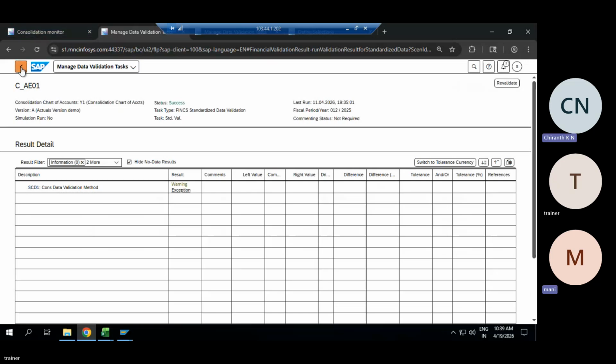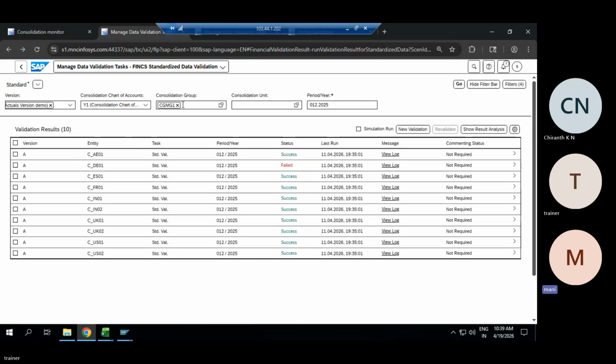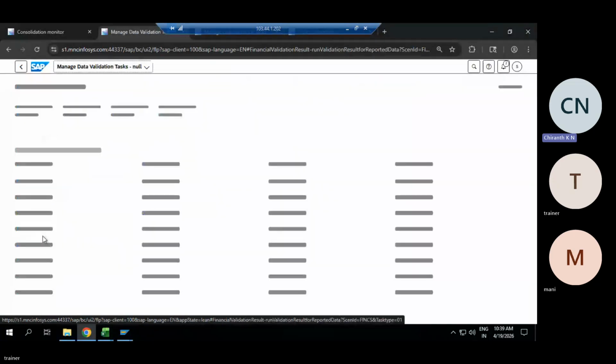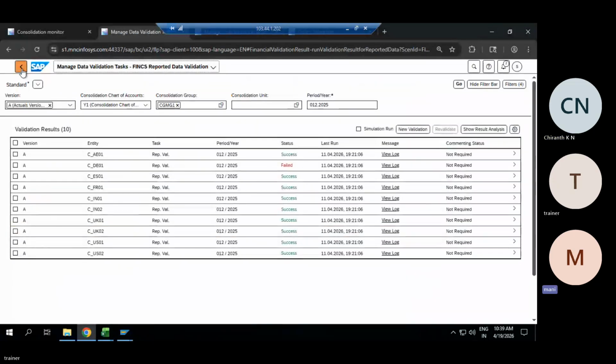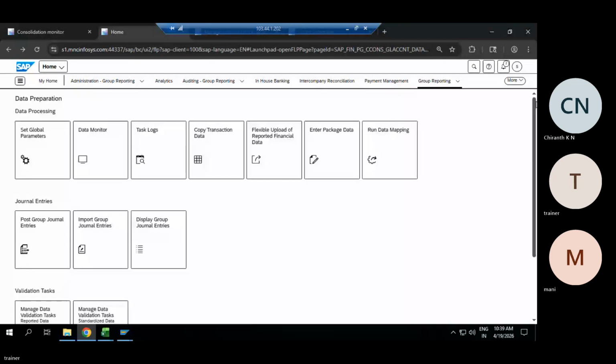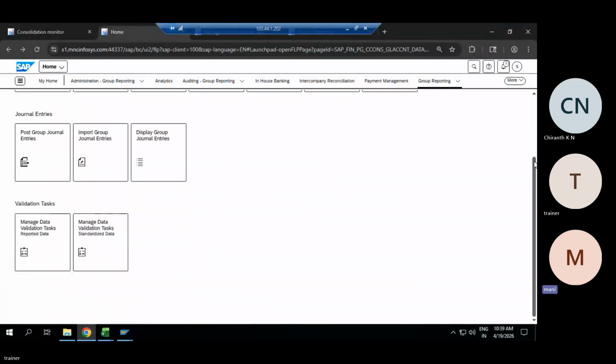I'm saying at consolidation group level, we assign to my consolidation group. These are the only rules assigned to my consolidation group. These rules are assigned to the consolidation group, but they will come in the data monitor or consolidation monitor, both levels. How do we assign these validation rules to consolidation monitor and data monitor? That is linked to your task. Task is linked to method, and method is further linked to your validation. I'll show that also.